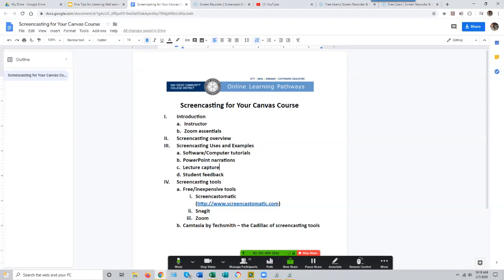And as we've seen here with screencasting tools, it's very easy to capture anything that comes up on your computer